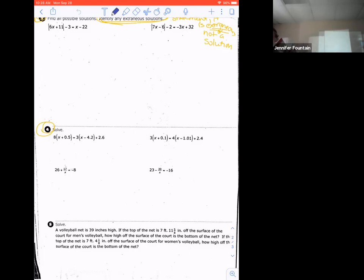Okay, so remember in these, we had to also check for extraneous solutions, and we talked about that at the very end of class, I believe, last week on Thursday, and we talked about how to find an extraneous solution. We had to plug the solution that we found into the original problem and see if it made a true statement. If we found that a number was equal to a number, it was a true statement, but if it had a number equal to one that was not equal, that meant it was an extraneous solution, okay? So the first one we're going to be looking at is the absolute value of,